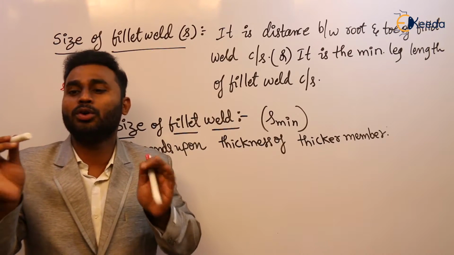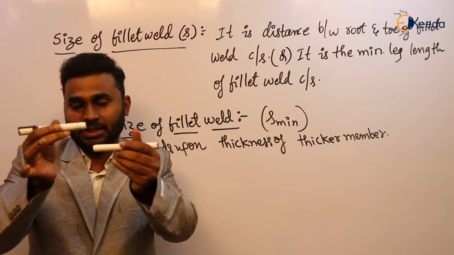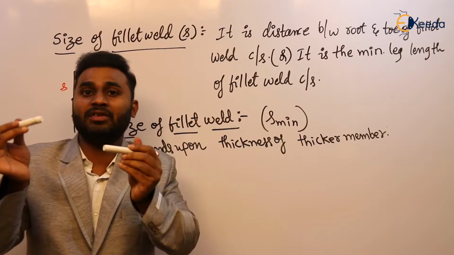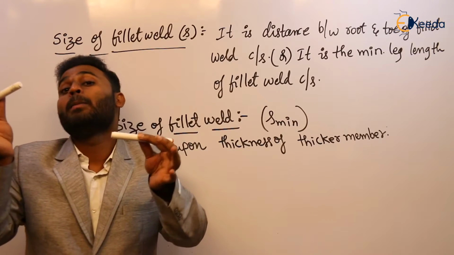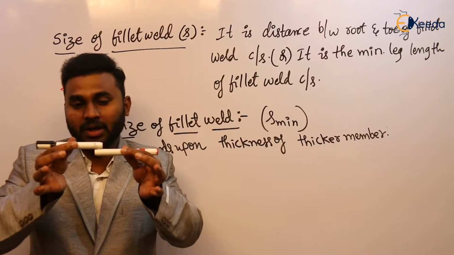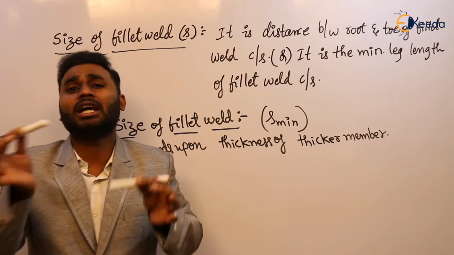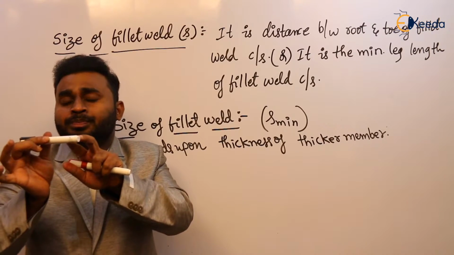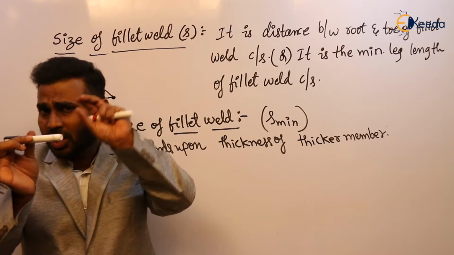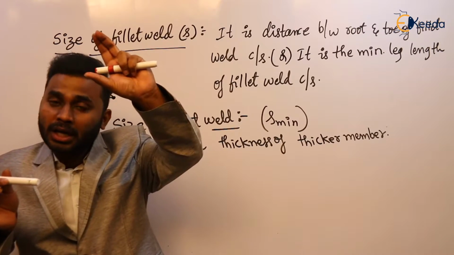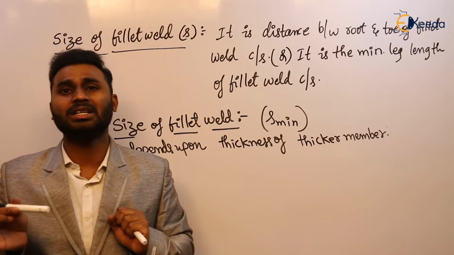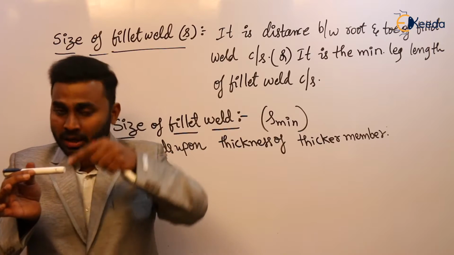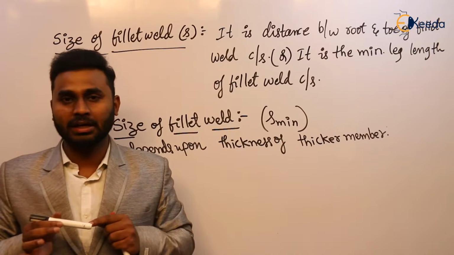So for that, what are we going to do? First, we are going to heat these two edges. That is known as preheating. As we discussed, the welding temperature is very high. If you place the weld metal immediately on these members, the proper connection cannot be achieved. The reason is that initially they are at normal or room temperature, and within a short span the temperature has to be increased to 3000 degrees centigrade. That is not practically possible, to go from room temperature to such a temperature.